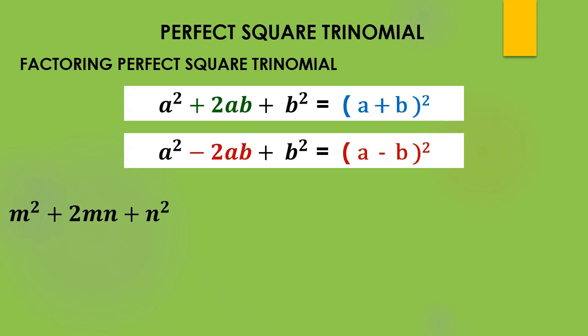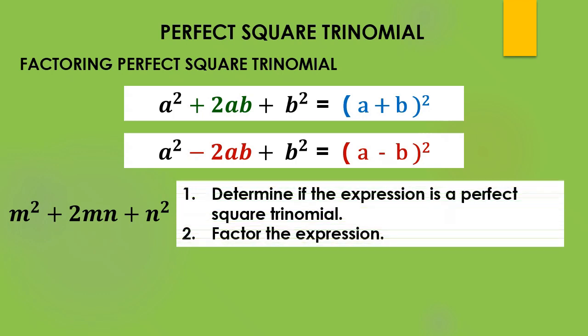If I have m squared plus 2mn plus n squared, how do we factor this perfect square trinomial? First, let us determine if the given expression is a perfect square trinomial. So let us identify if this expression is a perfect square trinomial. By looking at the given expression, we can say that this is a perfect square trinomial because the first